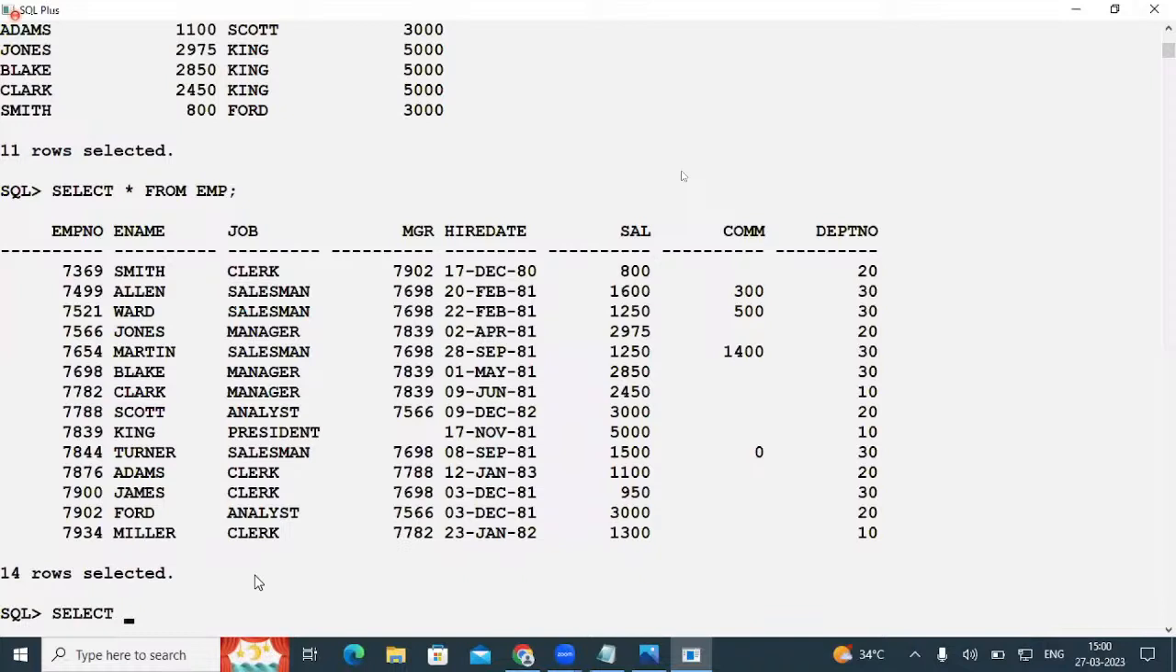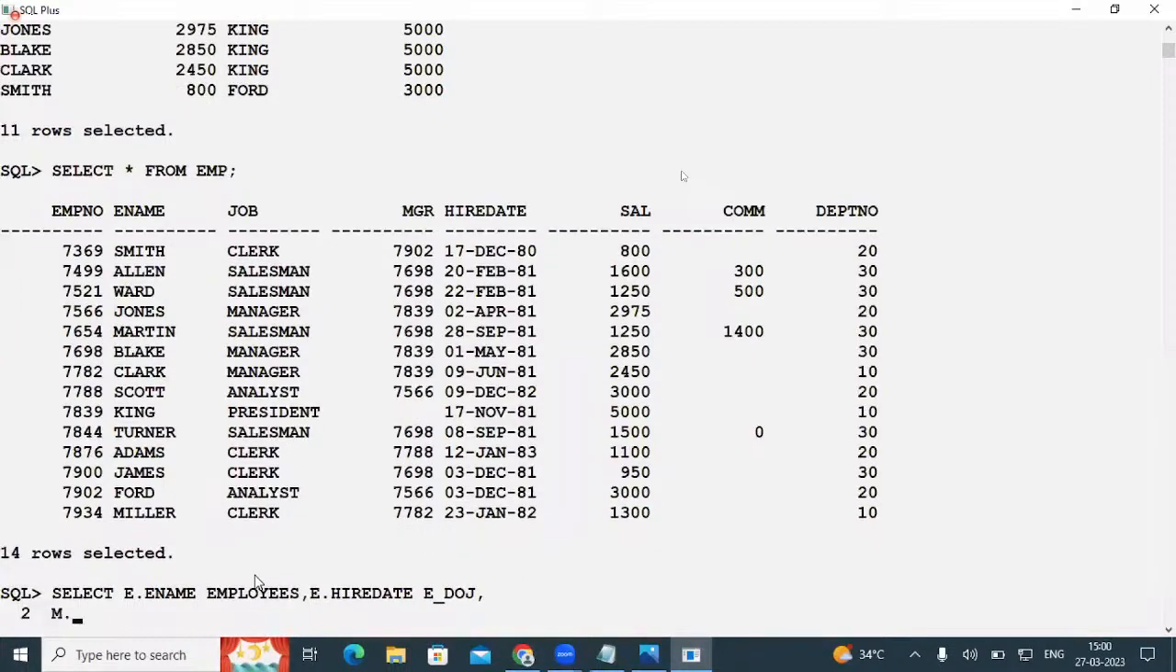Select a.ename as employees, a.hiredate as employee date of join. Okay, alias name is your wish. Any name you can take, no problem. Next, m.ename as managers, m.hiredate as manager date of join from